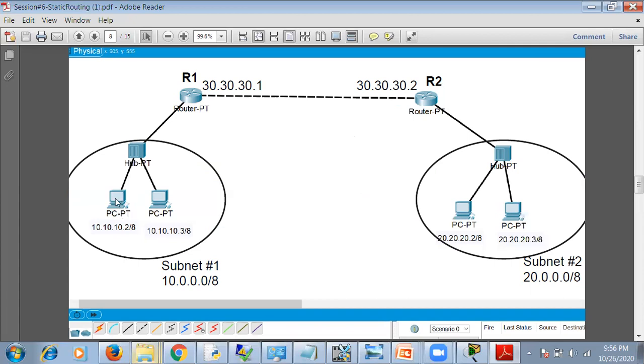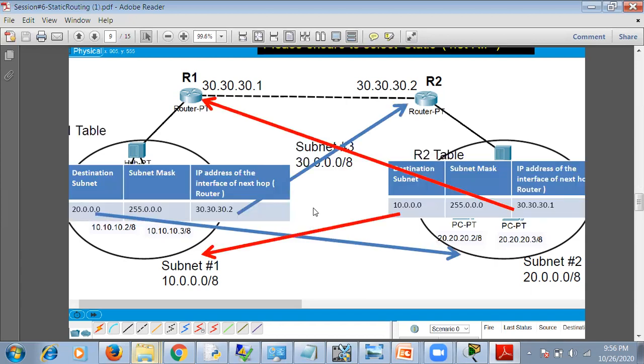In order for this PC to send a message to that PC, it has to go through a router, and this router has to send the packet to the R2 router. So R1 has to forward the packet to R2 based on this LAN address, so it has to maintain a table. This is how the table has to be created in each router.